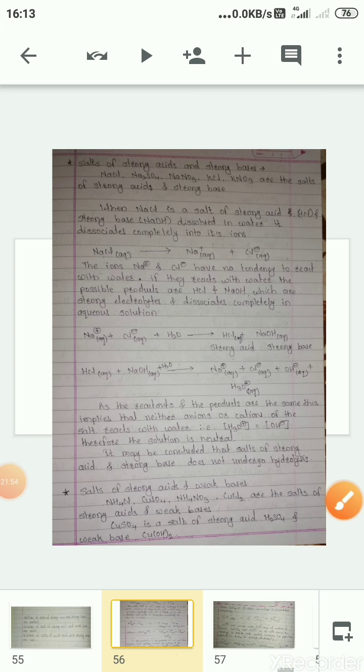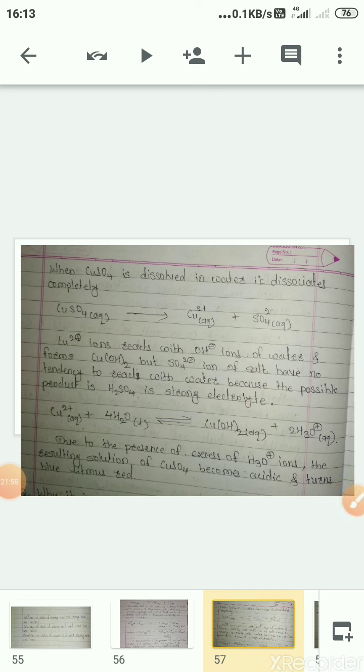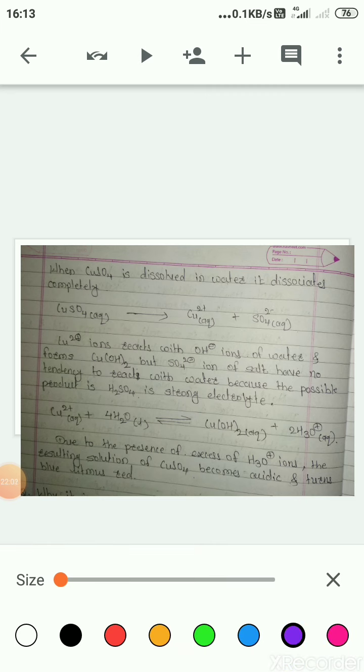If we dissolve this salt in water, it produces Cu2+ and SO4 2- ions. These Cu2+ ions react with OH- ions of water molecules and produce cupric hydroxide, Cu(OH)2. But the sulfate ion does not react with H+ ions of water, or if it reacts with H+ ions of water, it produces H2SO4, and H2SO4 is a strong electrolyte, so it again dissociates into H+ and SO4 2- ions,